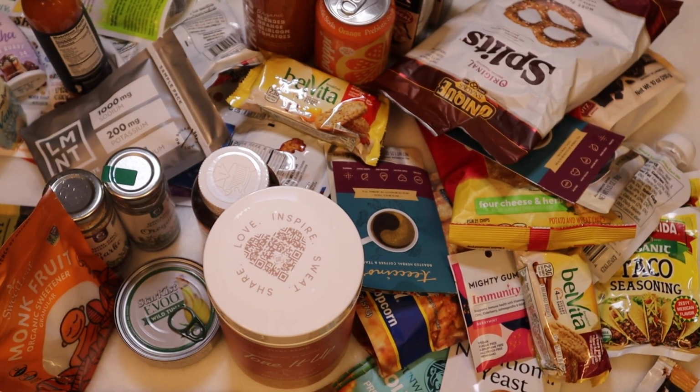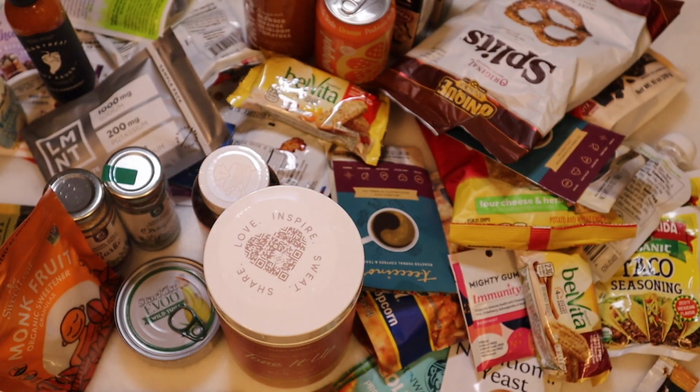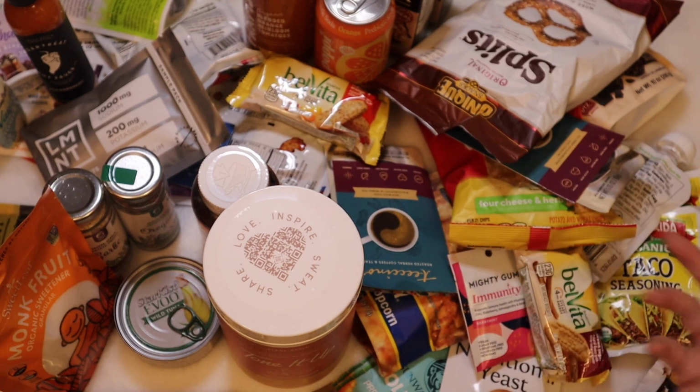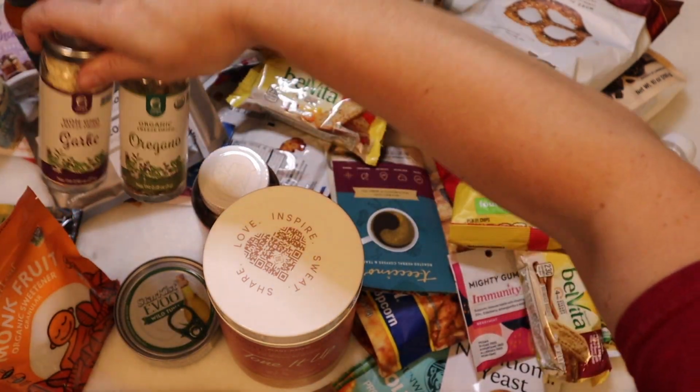So anyway, what do you think? One of the things that we had talked about was, do we continue this box? Is it interesting enough to continue, or is it just kind of fun to open initially? What do you think? It's probably a little more fun for me because I haven't done this too many times. I've only had the one other box to really compare it to. It's got some neat things. We got some pretty cool hot sauce, stuff like that. I do think the value is there, and it's neat to have different things to try. It sounds like it could be a little repetitive with some of the same brands or something, but...